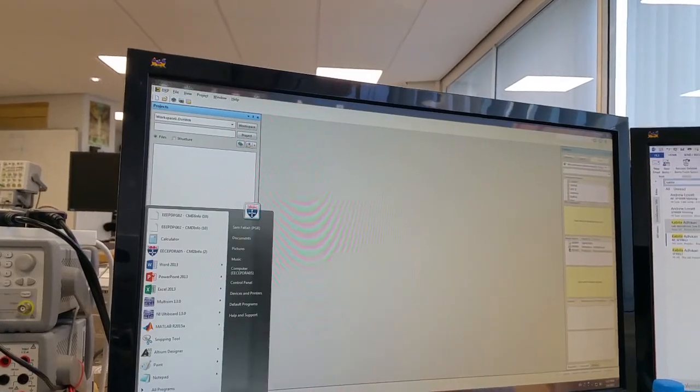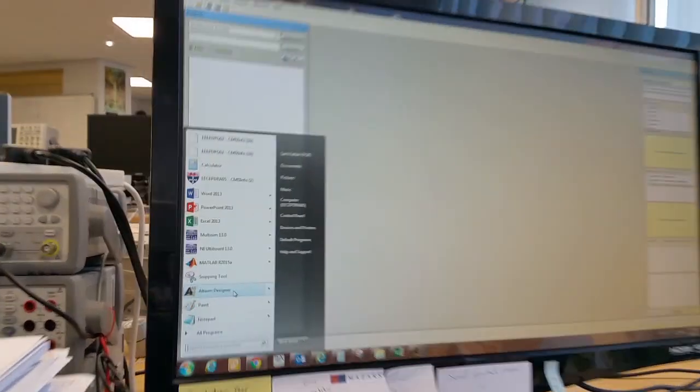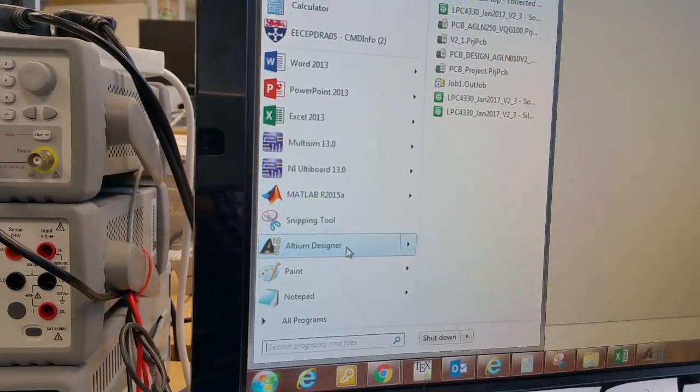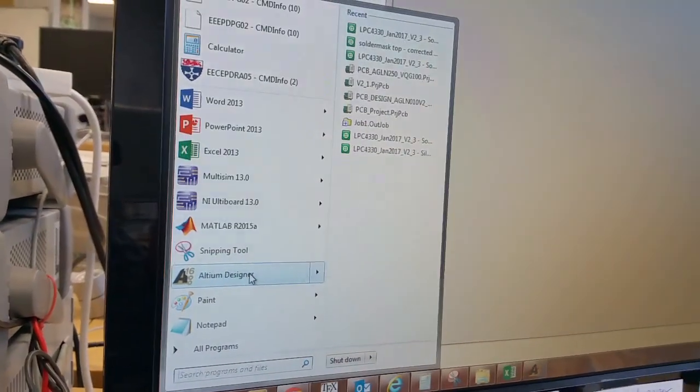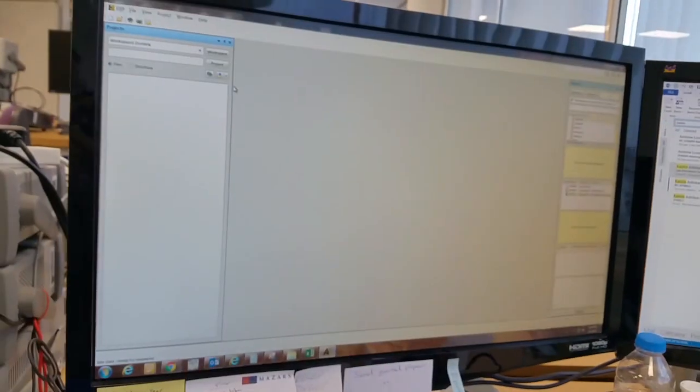You will go to Start, click on Altium Designer to start opening Altium. After you click on Altium Designer, you can see this window. From this window, if you need a new project,